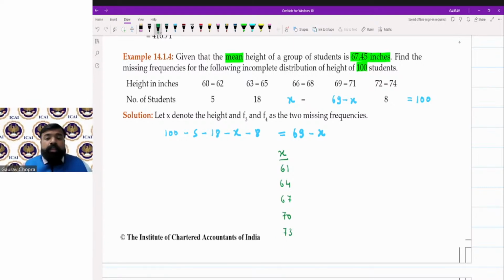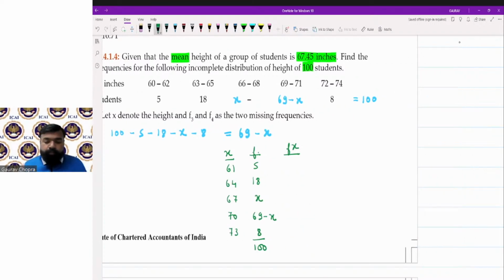Then number of students, you can write frequency 5, 18, x, 69 minus x, 8, and then total is 100. Now you can calculate fx, f multiplied by x. Okay, you can calculate fx and at last use the formula x bar equal to sigma fx upon sigma f,